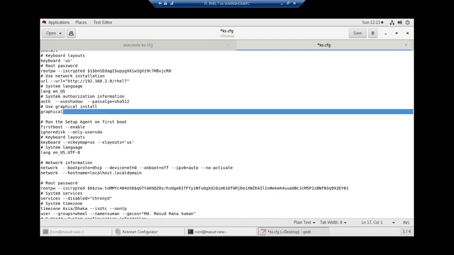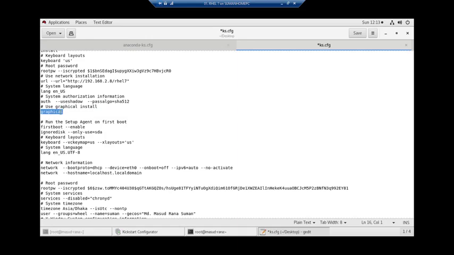It's graphical. I want graphical installation. Run the setup agent on fastboot. I want to enable this thing, ignore this thing. Keyboard will be this thing, this network information.